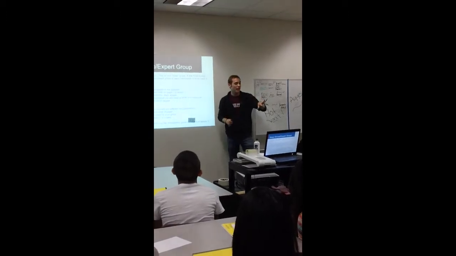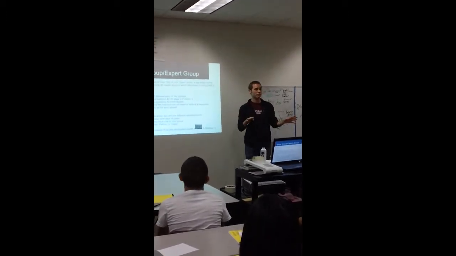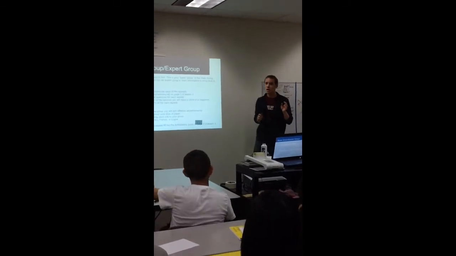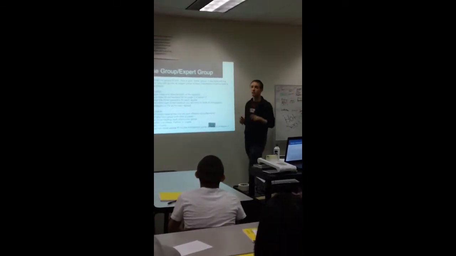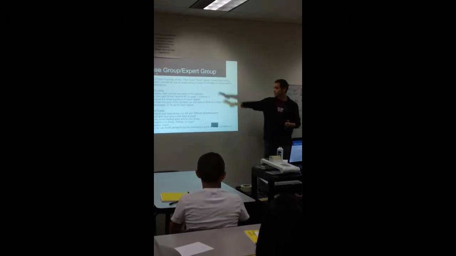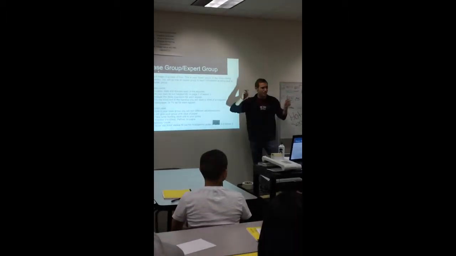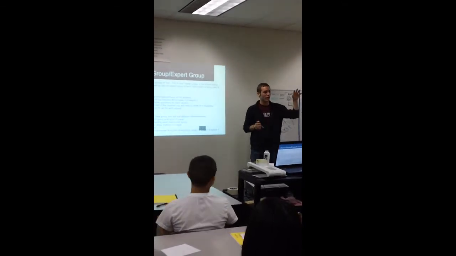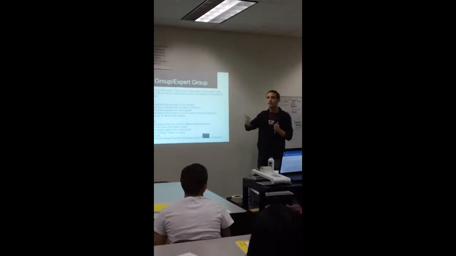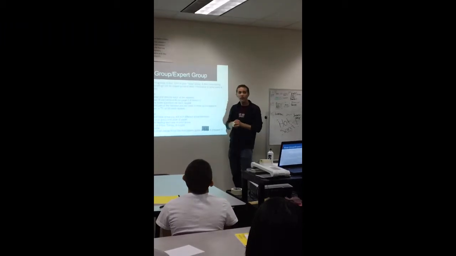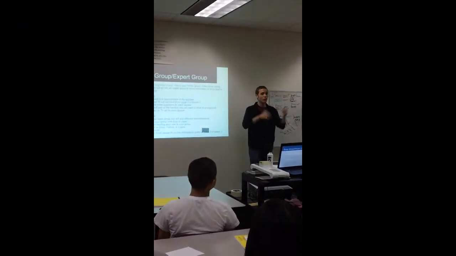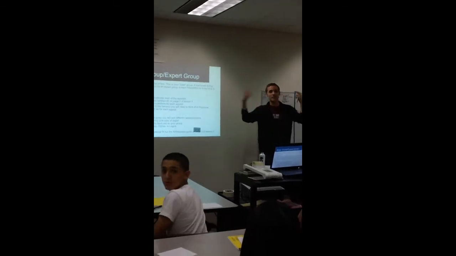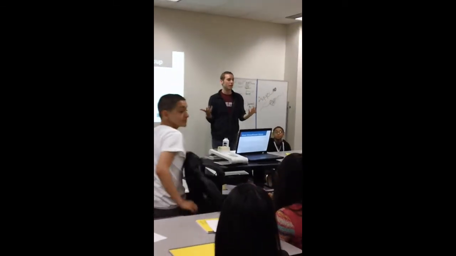So you're going to begin in groups of 4, and you're already in groups of 4. There are 1, 2, 3, 4, 5, 6 groups of 4, and we have 1 person missing, so there'll be a group of 2. This is going to be your base group, the group that you're going to start with. Later in the lesson over the next few weeks, you're going to move out into expert groups where you're with different people and you read and become an expert on a speech or information.